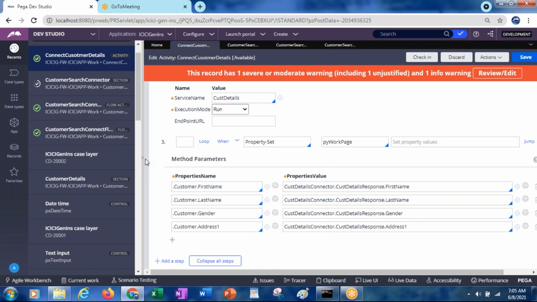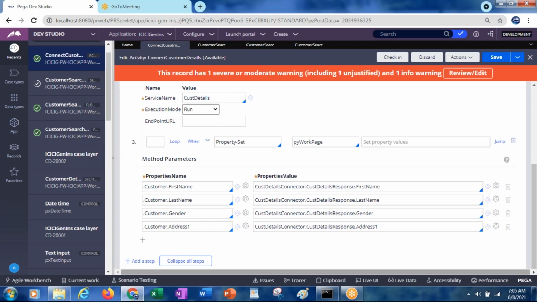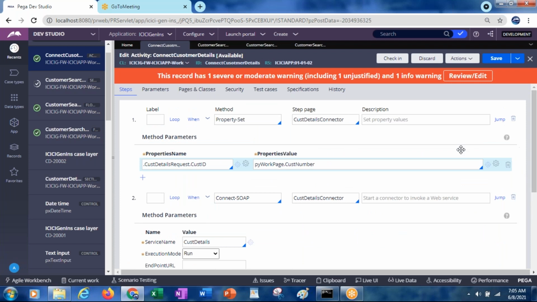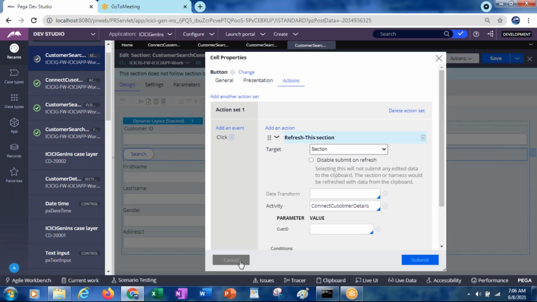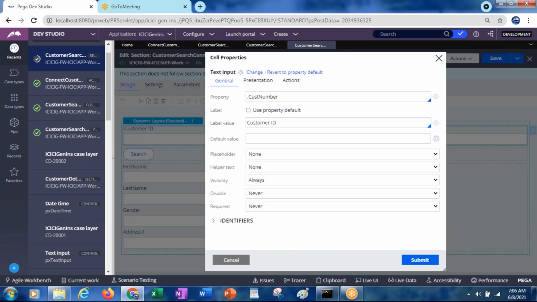So in this, what we are doing: first, from the PV workspace, that customer number we are passing to the connector request cust ID. That property is your work page customer number, your cust number.